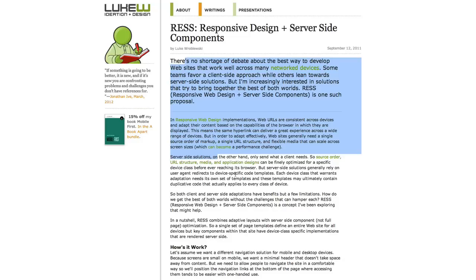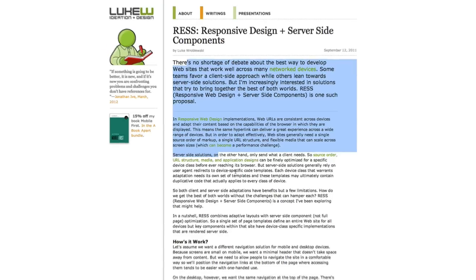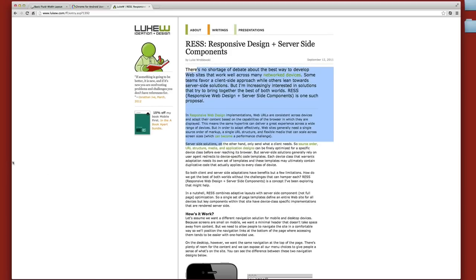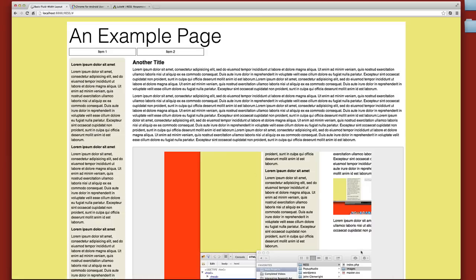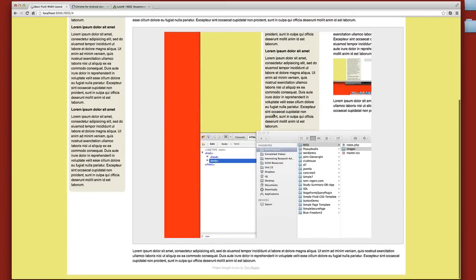So with all that out of the way, let's look at the example we're actually going to be using. I've just created this basic layout here, and the image is what we're particularly concerned with. What we want to do is swap out a different image, one for desktop and one for mobile devices. We notice that if I scale down this browser window at the moment,